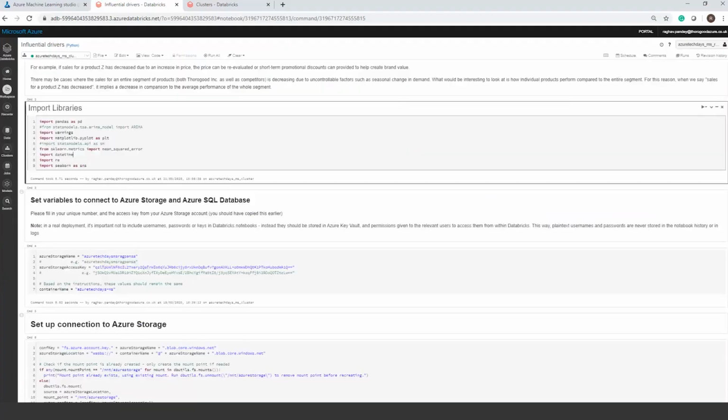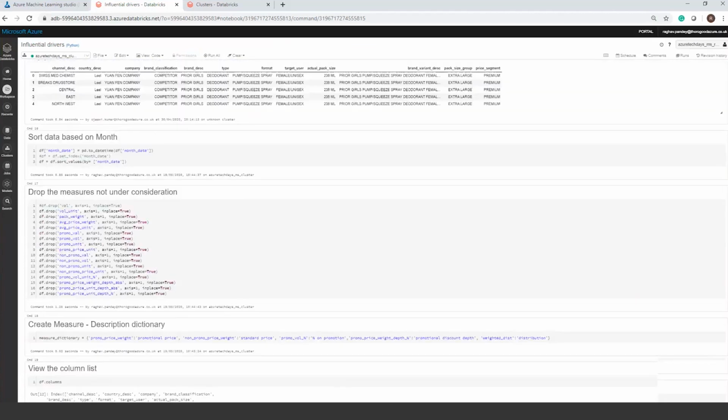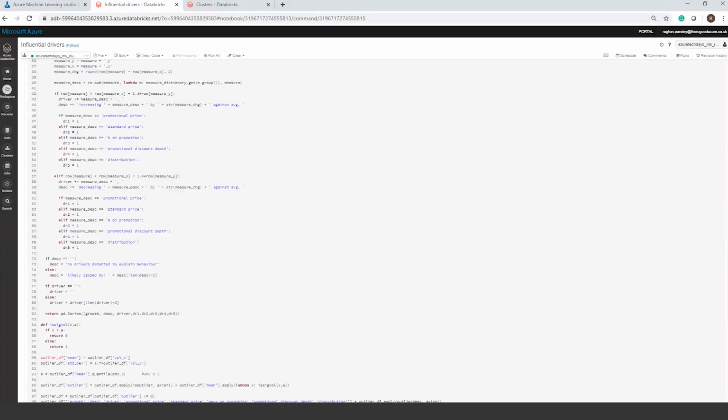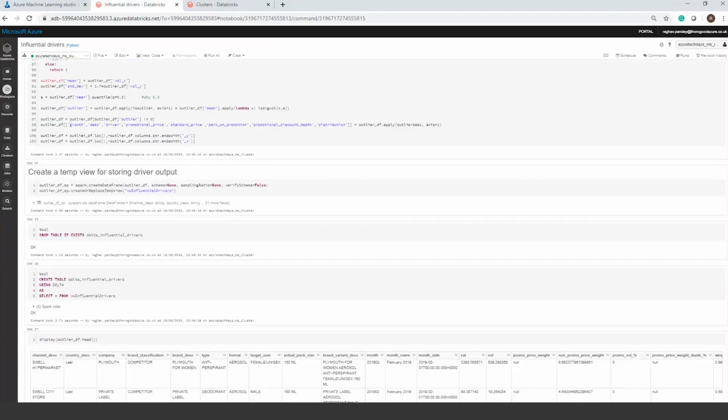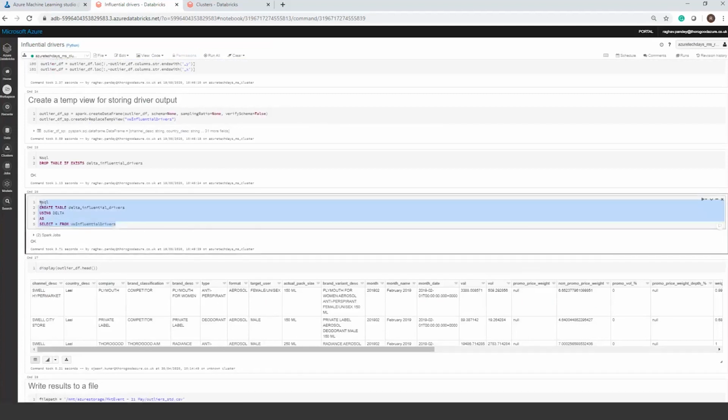So Databricks is essentially where you can write these notebooks, you can write this logic. And once you've done that, and I'm just going to quickly scroll through this and not concentrate too much on the individual tiles, once you've written that logic, you go ahead and store that on a table on the cluster itself.